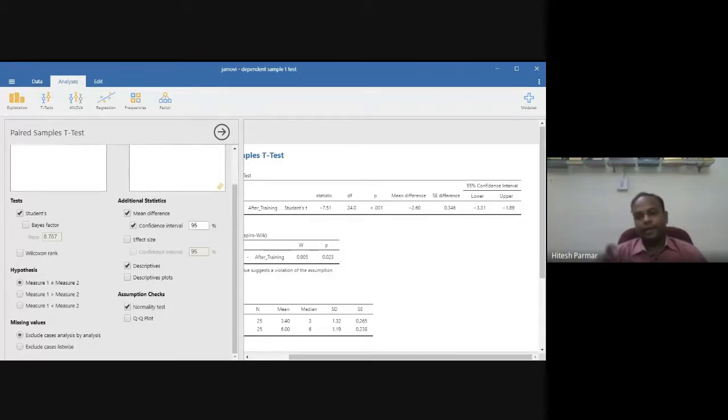Right now, both limits are negative. It means that the training will always be effective, and the probability is 95% because both limits are negative.